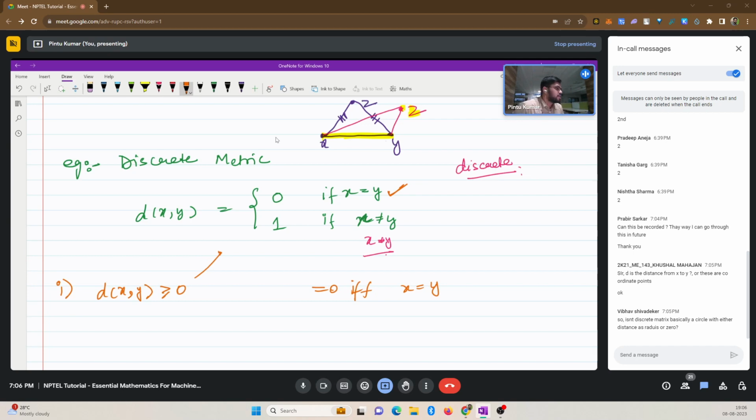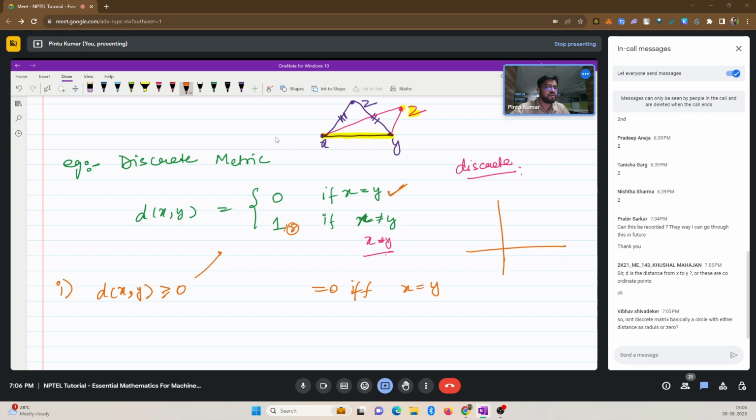Isn't the discrete metric basically a circle with either distance as the radius or 0? Yes, you can take this one as any other radius also. So if you look at the geometric representation, you would get a circle, right? That's possibly correct. Not even a circle. Actually what you are saying is,